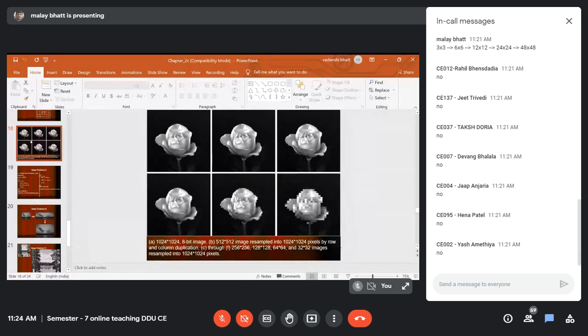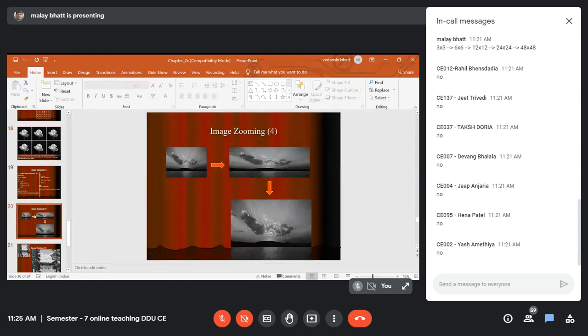So if you apply pixel replication one time or two times, you will still get a clear picture. But if you apply pixel replication more than two times, or several times, you will lose the details which are in the original image. So this pixel replication method of zooming is not a good method. For the original image, we are applying pixel replication one time only, and we are getting this output image.